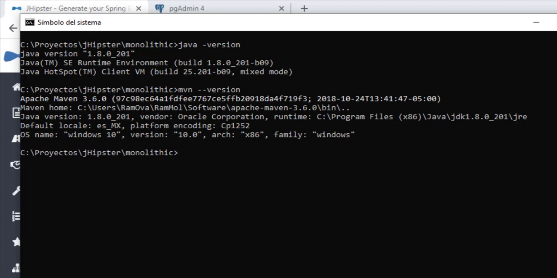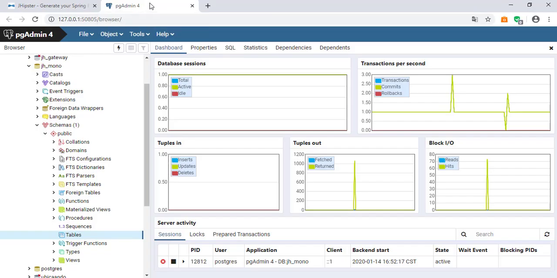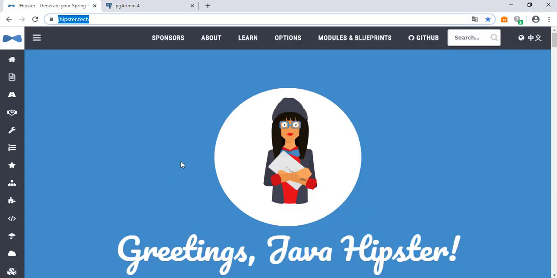Also, if you want to, you can use a database, SQL or non-SQL. For this video, I'm going to use a Postgres database. This is my Postgres database. As you can see, it's empty. There are no tables. Okay, and for the front end,